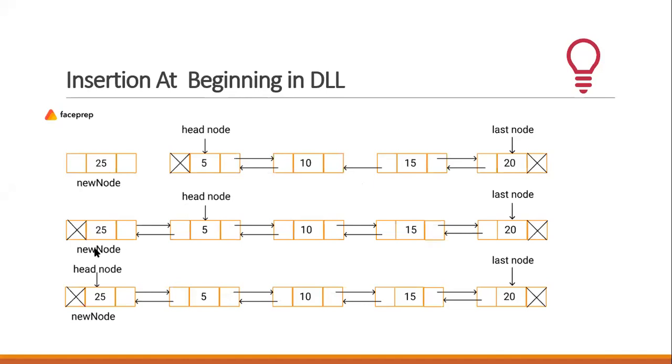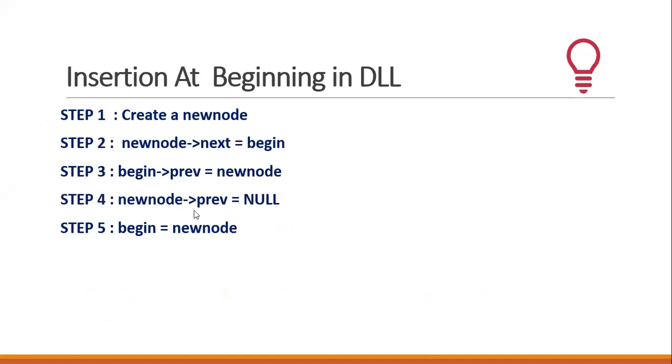And then finally, the new node that we created, we have actually assigned it to our begin node. Okay, this is the core logic. Now definitely, when you have to create a new node, you have to write some sort of code for creating a new node. Here one more case is that begin is also already initialized. So those considerations are already taken, and keeping those in mind, this is the core logic.